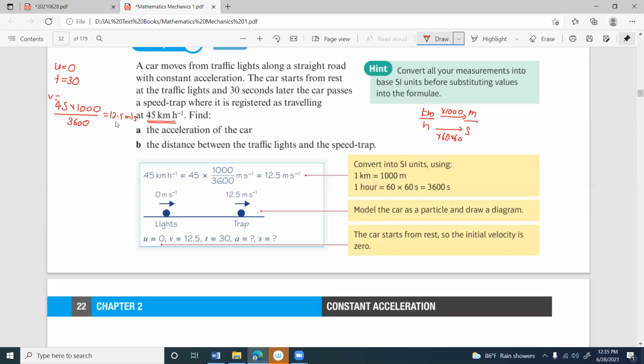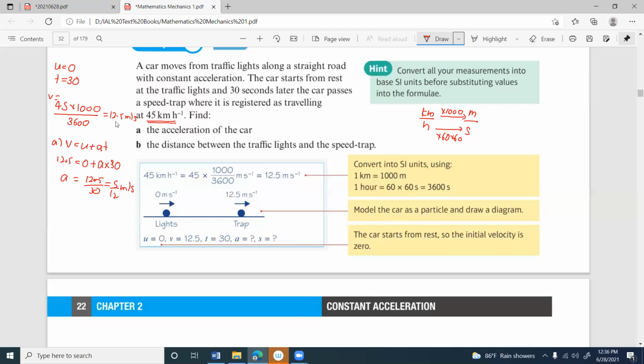Okay, find the acceleration A. We can apply V equals U plus AT. V is 12.5, U is 0, A is the one we need to find, time is 30. Therefore, A becomes 12.5 divided by 30. How much is that? Just check me, 0.416. Yes, 0.416. Another way you can say 5 over 12